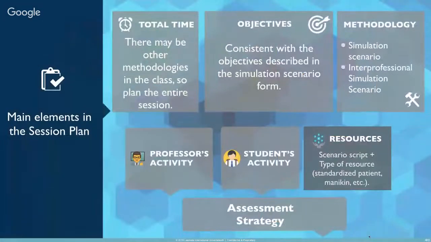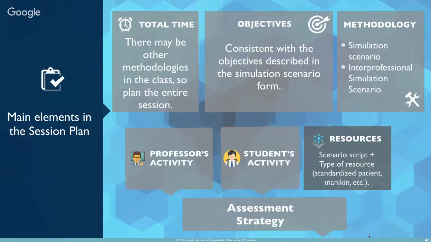Okay, but we also have a session plan here where we need to insert this scenario experience. In the session plan for a simulation scenario activity, you need to plan the timings for every activity and the total time for the session, because maybe you have other methodologies in the class, so you need to plan the entire session. You need to set up the objectives of the scenario, and they have to be connected to the objectives of this class. You need to describe the methodology,